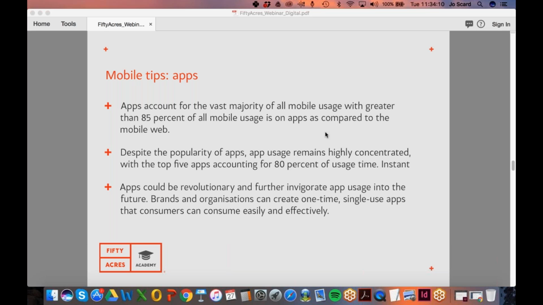So I'll just go through this slide. Apps can be revolutionary and further invigorate app usage into the future. There's a lot of move from places like Google, where they are creating,